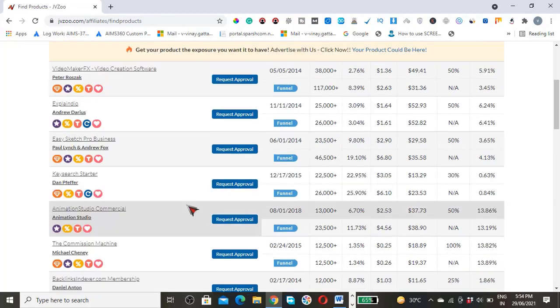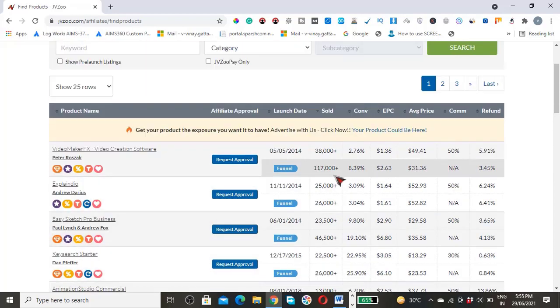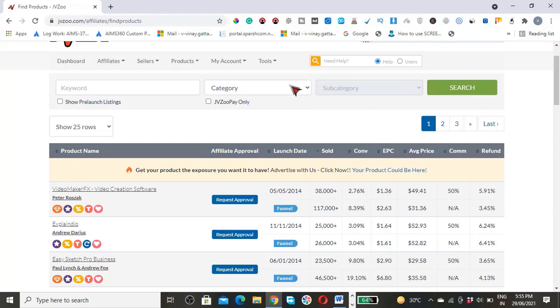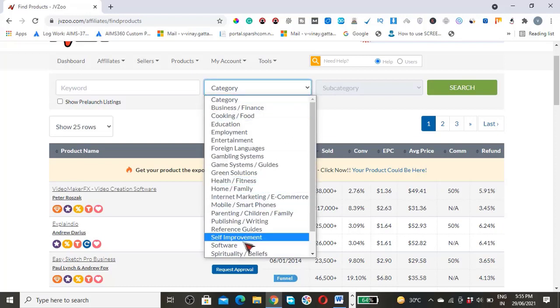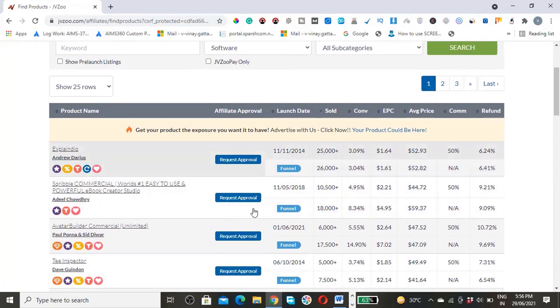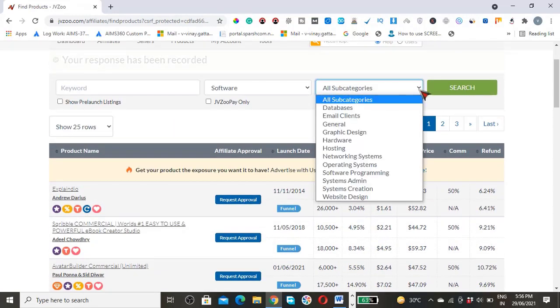Here it's automatically sorted from the most number of sold right down to the least, and it automatically sorts across all the categories. So what I'm going to be doing is looking at software that I have been looking at recently. Go to the category, select software and click on search, and you will find all the software products, and you can choose by subcategories also.